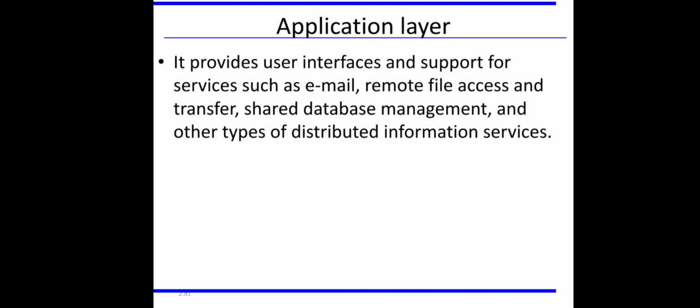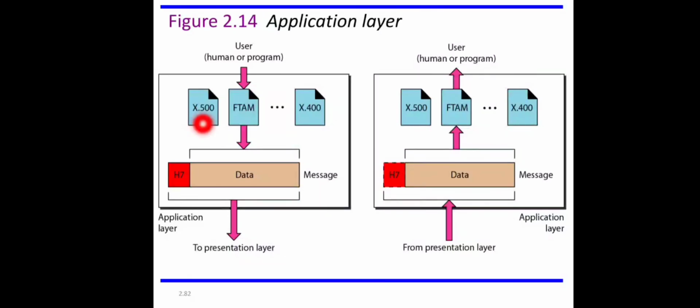a separate interface. Here you can see different services provided by the interface, like X.500, which corresponds to directory service. If a user wants to access different remote directories, this service can be used. Like that, FTAM, file transfer and management. Remote files can be accessed, transferred and managed using this FTAM service. And X.400 corresponds to the email protocol. So email services can be accessed over this service X.400.